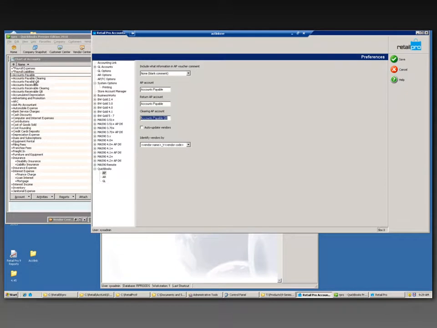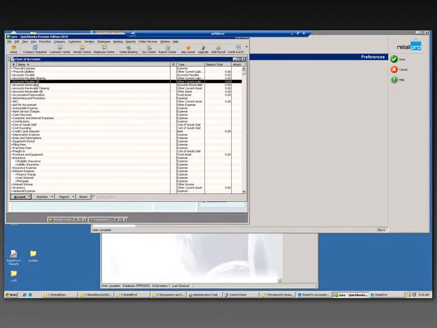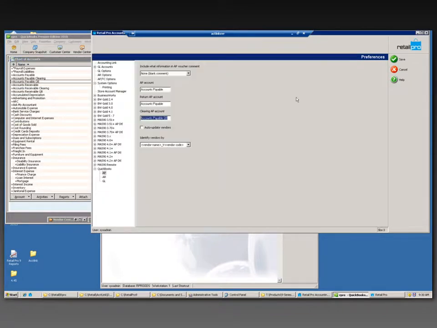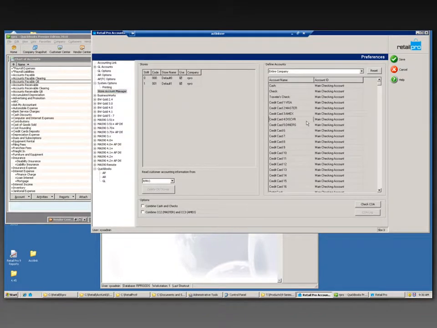It's a temporary account. It's one that's used to facilitate the posting through the store account manager. So it's of a more standard account type, other current liabilities in the case of accounts payable. And it really is just so that we have a reference to post to here in the store account manager. So in the store account manager, we're posting where you would ordinarily set the accounts payable account. We're posting to that account, which is the accounts payable